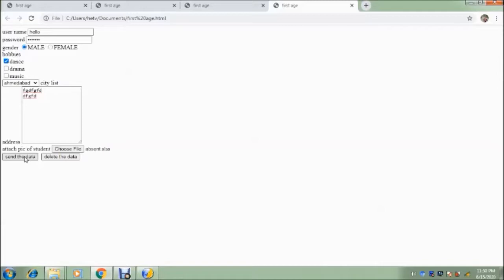Okay, for this purpose only, see, I will show you now the real use of get and post method. Now if I click on this particular data, then this data it will collect and send it to the server. Remember the word we had written hello in the username. I click on the submit button.